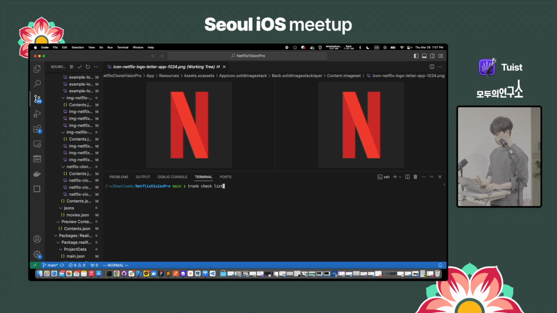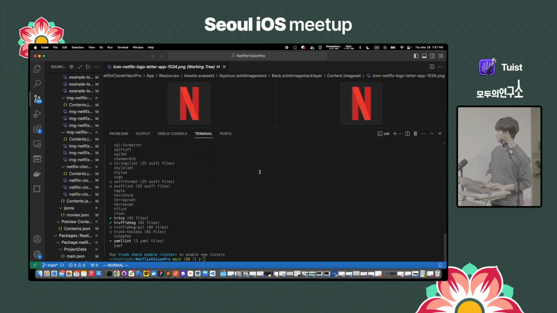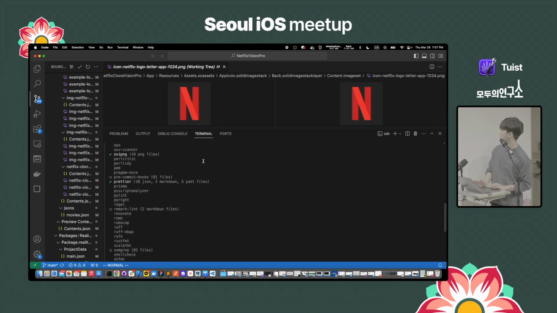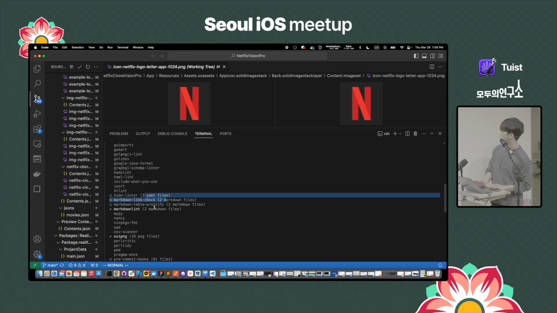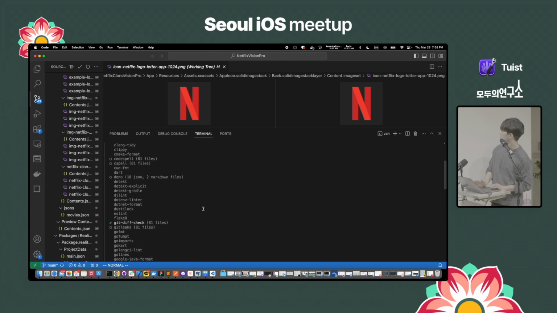You can type trunk checklist. They show the tools that I can use here. They scan all the project files in here, so we can know what files are in here and what we can add to this project. Yeah, it's a JSON file. The code spell is just a spell checker. Yeah, I use it, but